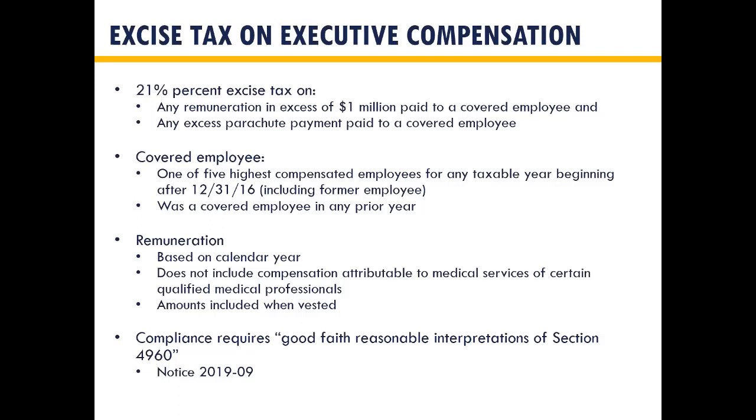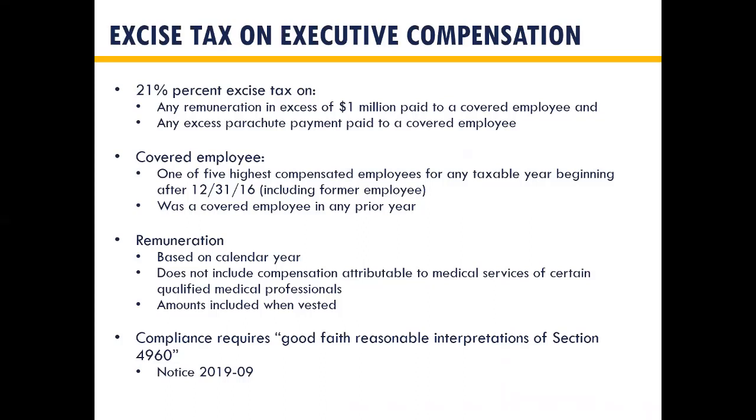But per comments made by the TEGE Exempt Orgs Council, they're hoping that new guidance will be issued soon. And it's hard to say what soon means. Does it mean during 2020? Will it take longer than that for this guidance that supplements Notice 2019-09 to be issued? We're not really sure, but it's really just falling back on that reasonable interpretation is acceptable for how organizations are